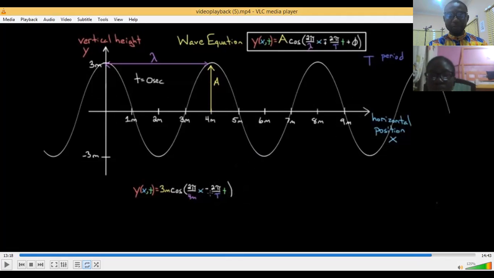Okay, awesome. I'm going to stop here. And I'm going to give you the various forms of the wave equation, because we should understand all the forms of the wave equation. So whatever the questions come out from, we'll be able to answer this question. Okay, one of the first forms of the wave equation,